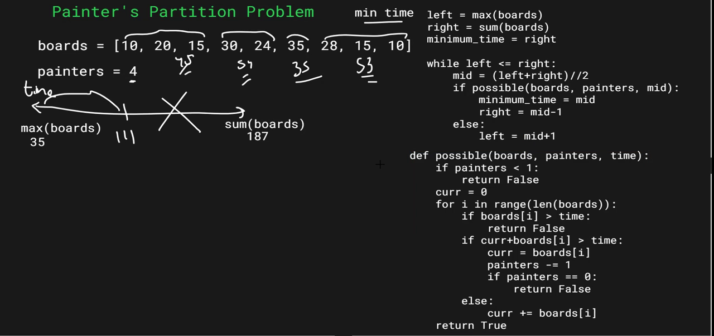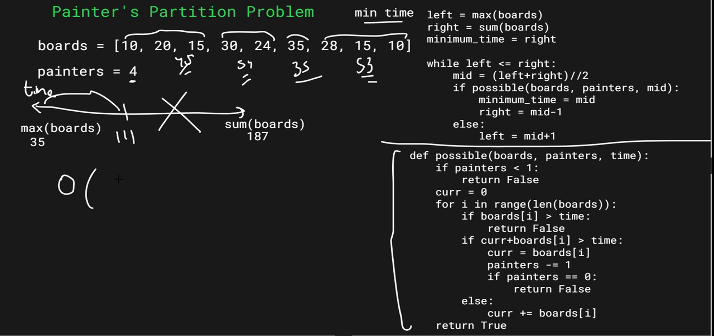Before ending the video, let's talk about the time complexity of this problem. So this was the possible function. Now in binary search we know the time complexity is log n, where n is the size of the array. But here the upper bound for the search space is the sum of boards. Time complexity will be log of the sum of the boards. Let's say B is the array of boards, the sum of the boards